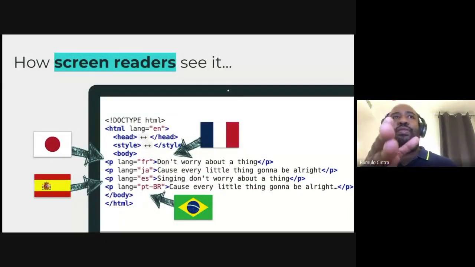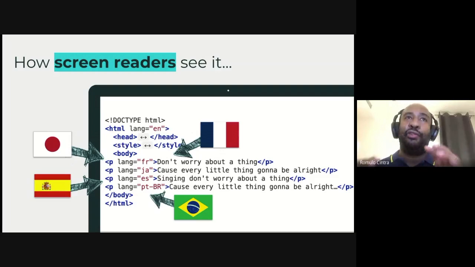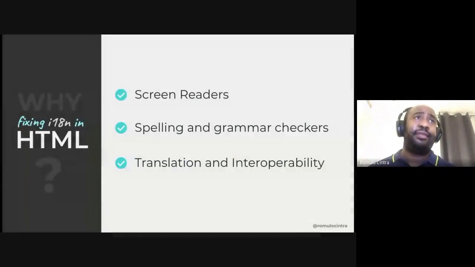Meaning that just the piece of HTML we just saw, for the browser and for screen readers, are 4 different people trying to speak the same language. If with just a little bit of correctness here, we will be more effective on screen readers and on translations. This is important to fix in HTML, because screen readers will be more effective when they need to read your screen and your HTML content. All the spelling and grammar checkers will work better, and all translation and